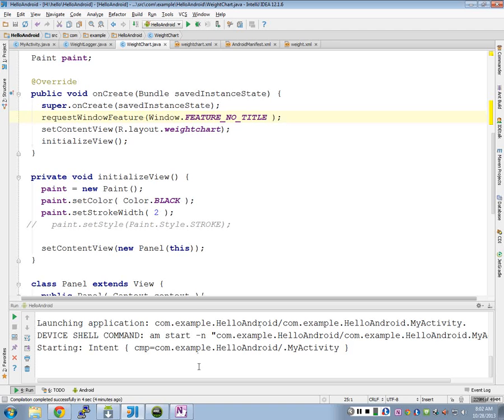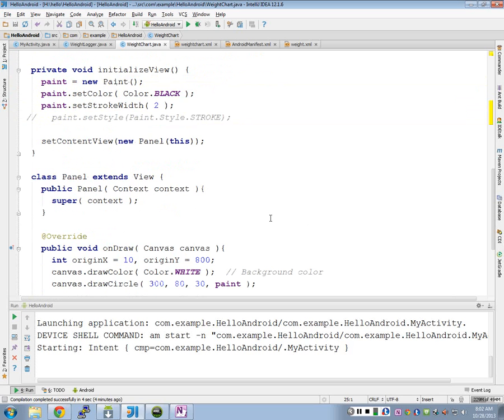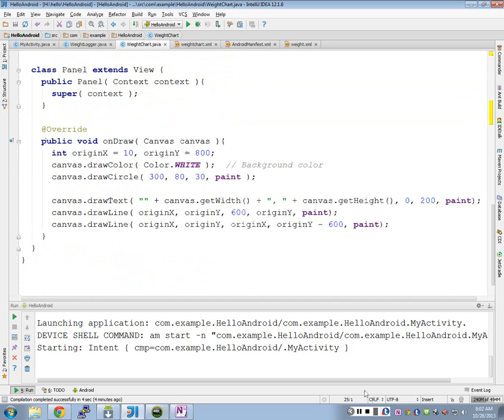Yes. So that takes off the title. Yeah, it was working at home, but I don't know why it didn't. All right. See, I was going to change the text